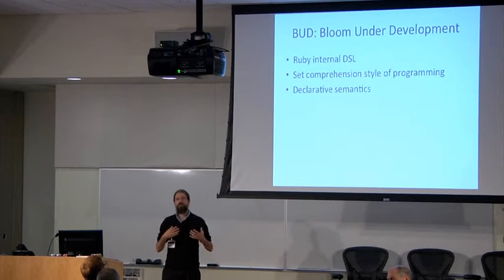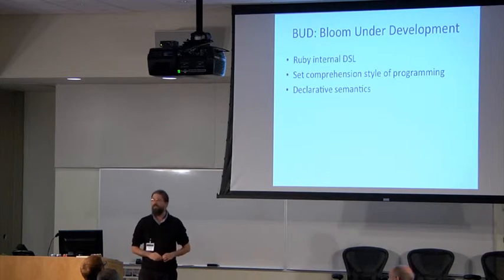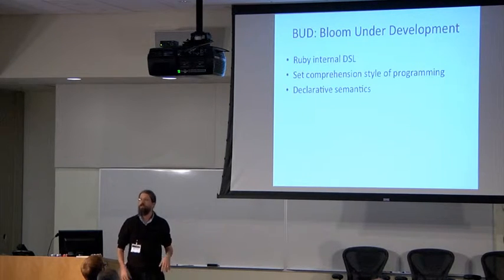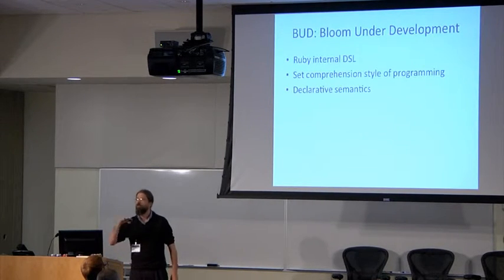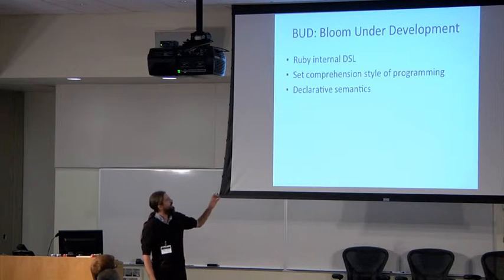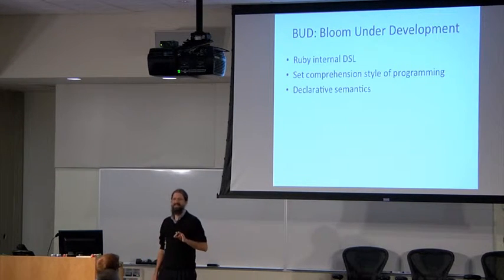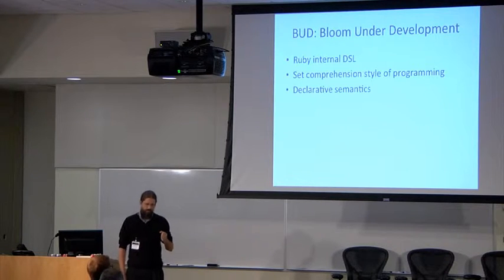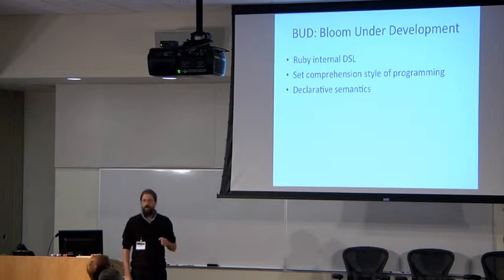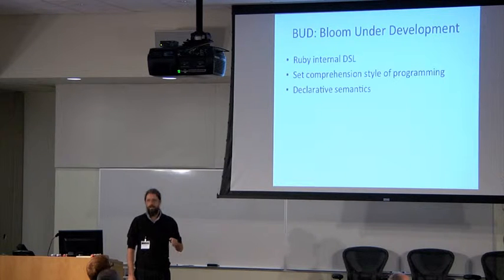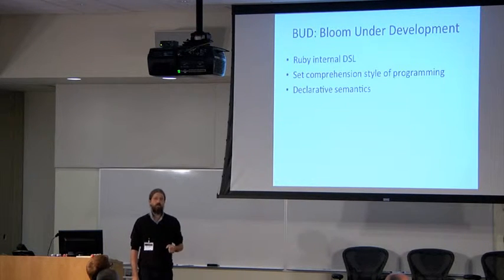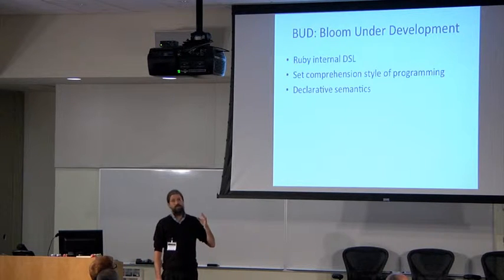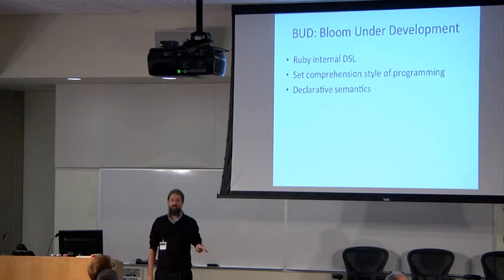In Ruby, it's really natural to express transformation-oriented computation using map and reduce like primitives. So I say, this collection is defined as some mapping or grouping over this other collection and so forth. Now, it has a declarative semantics. I'm not going to get into this in this talk. This is a long conversation. But I'll just say that what I mean in this case by declarative is something pretty specific. I mean that you can reason about the meaning of a Bloom program without reasoning about its evaluator and its executions. And if that's surprising to you, that I have a language for programming distributed systems where you don't need to reason about executions, that's good. It should be surprising. And we should talk about it offline.